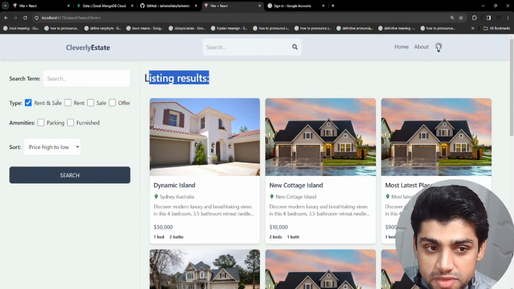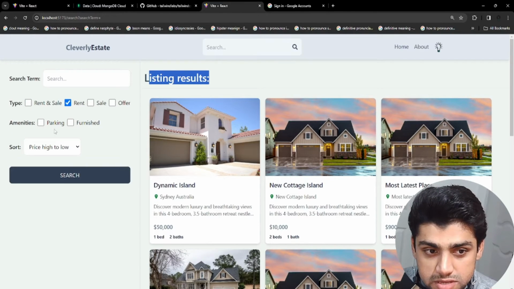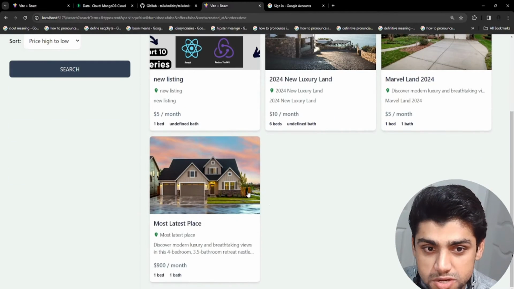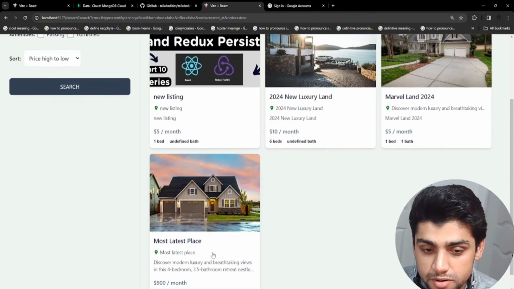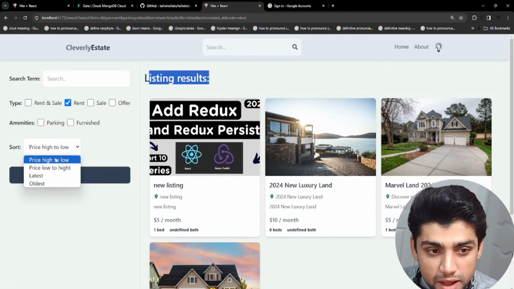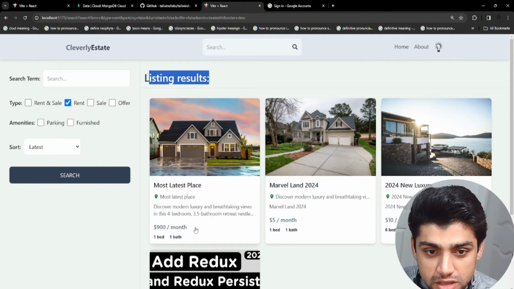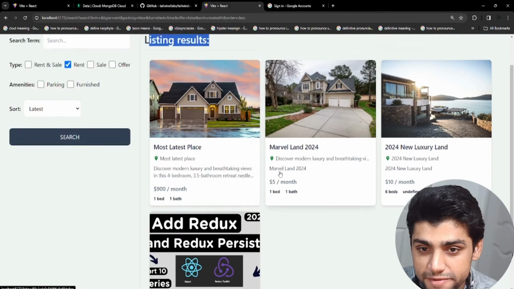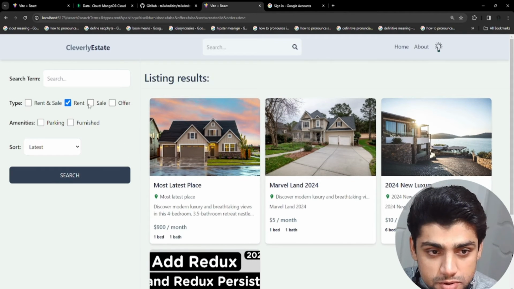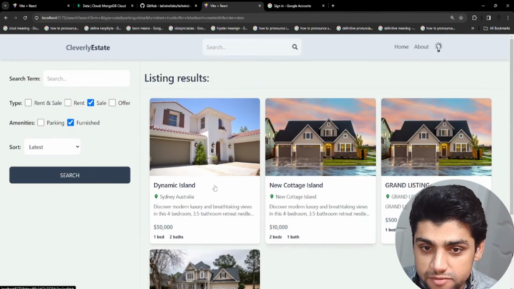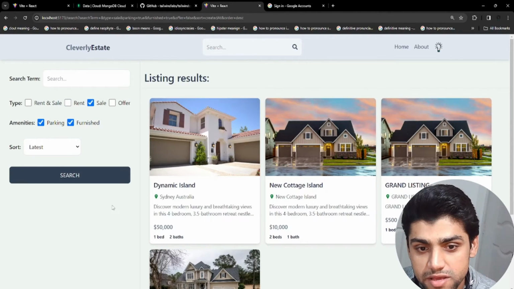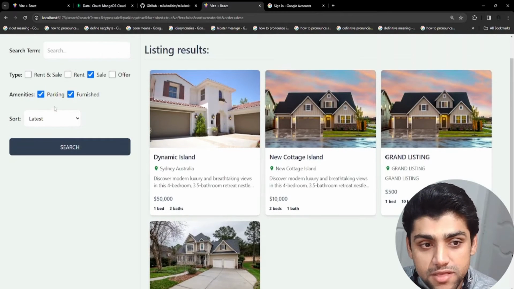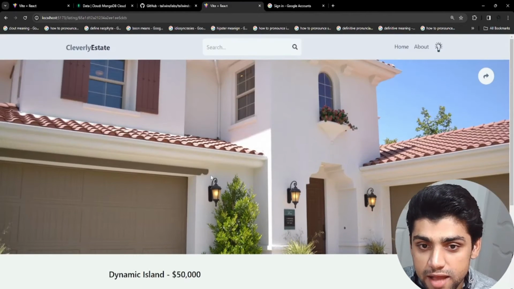And in terms of the searching, now if I just click on rent, it's just going to give me the rent options. All right, per month, per month, per month, per month. If you want the price high to low, or you want the latest, just search like this, and it'll give you the latest version. If you want, suppose, the sale, and you want the furnished, just search in this, and this will give you that. So all the functionalities for the search are working,